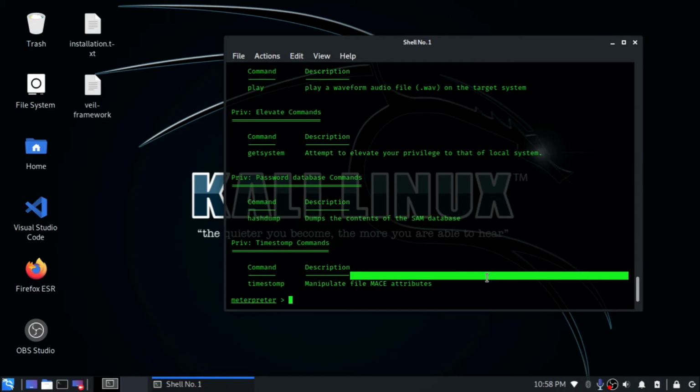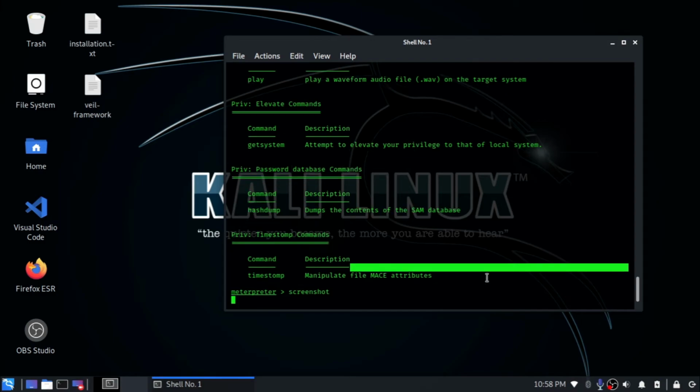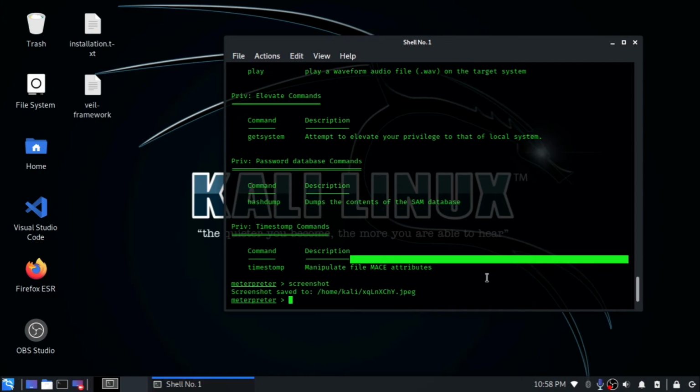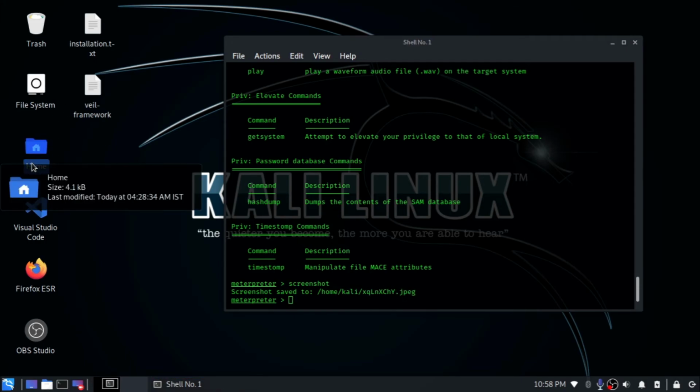Another command which we can use is called screenshot. This command will take a screenshot of the machine, and let's see if it works. As you can see, the command has worked and it has saved an image which shows what's going on on the Windows screen.